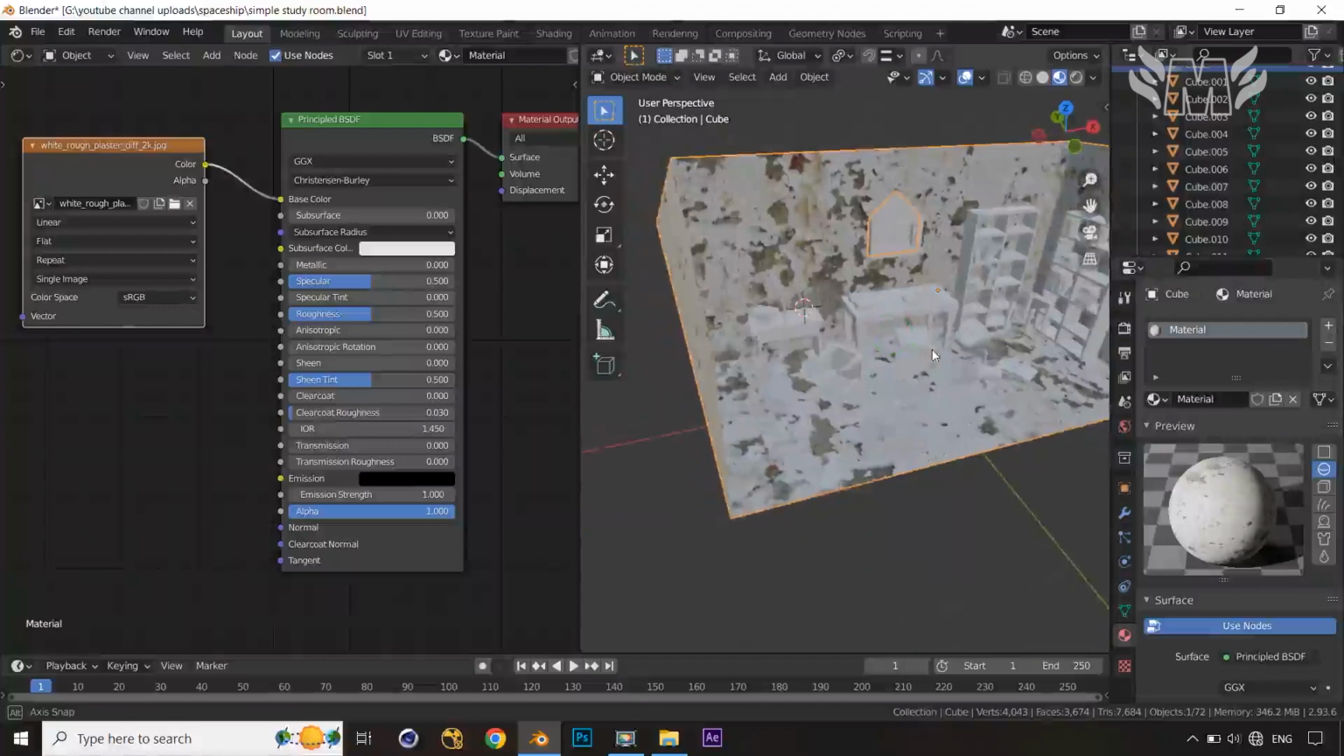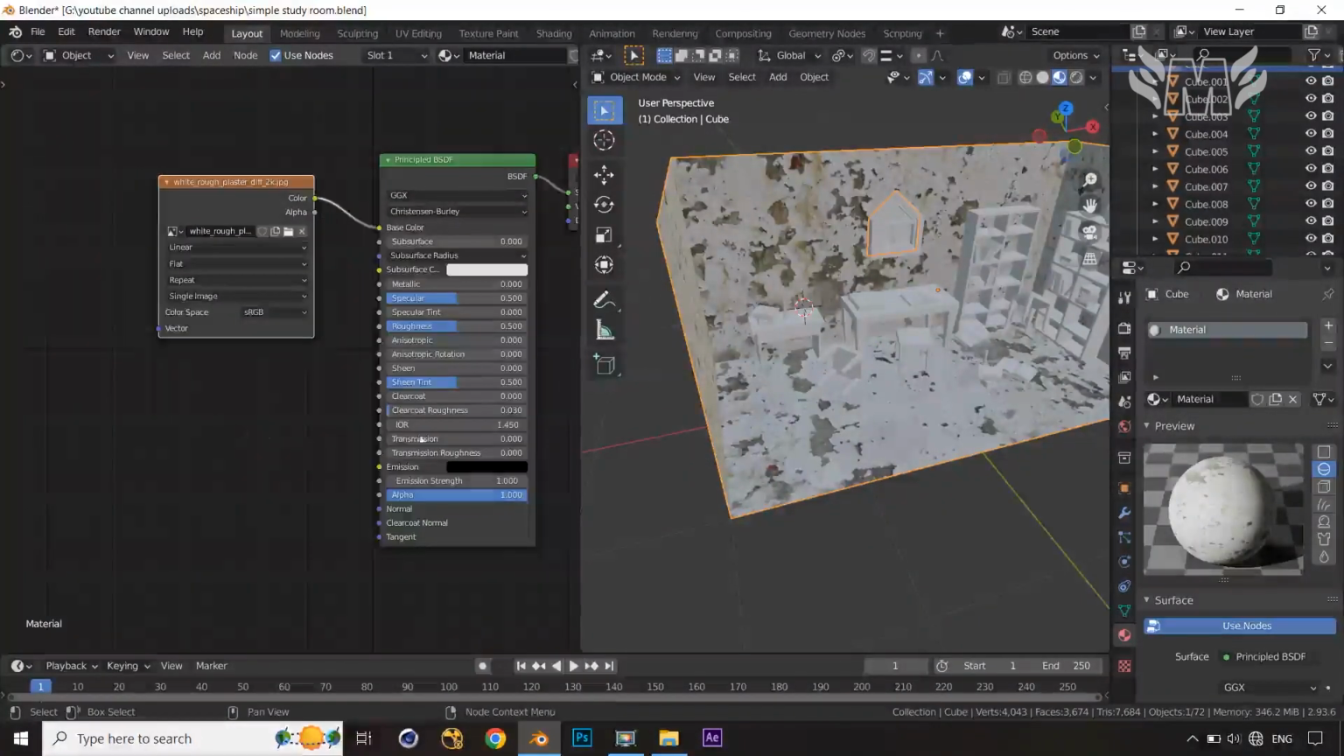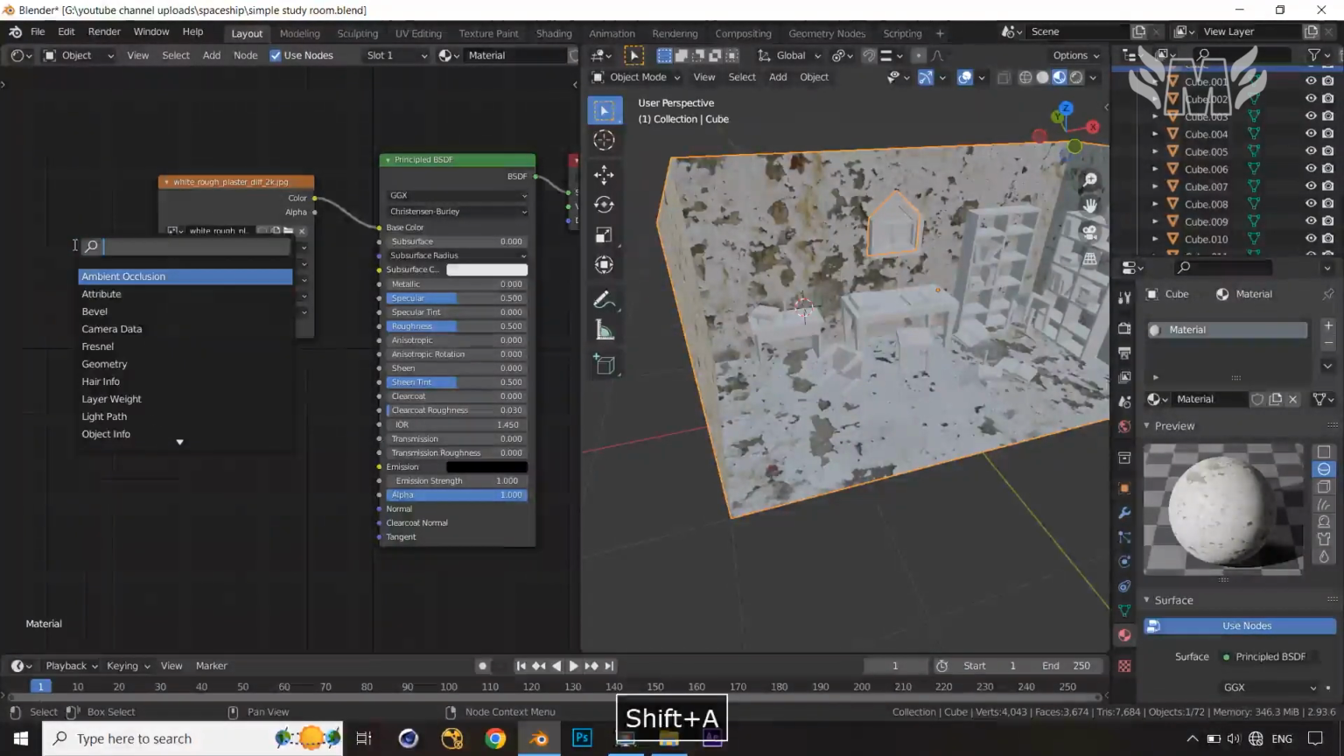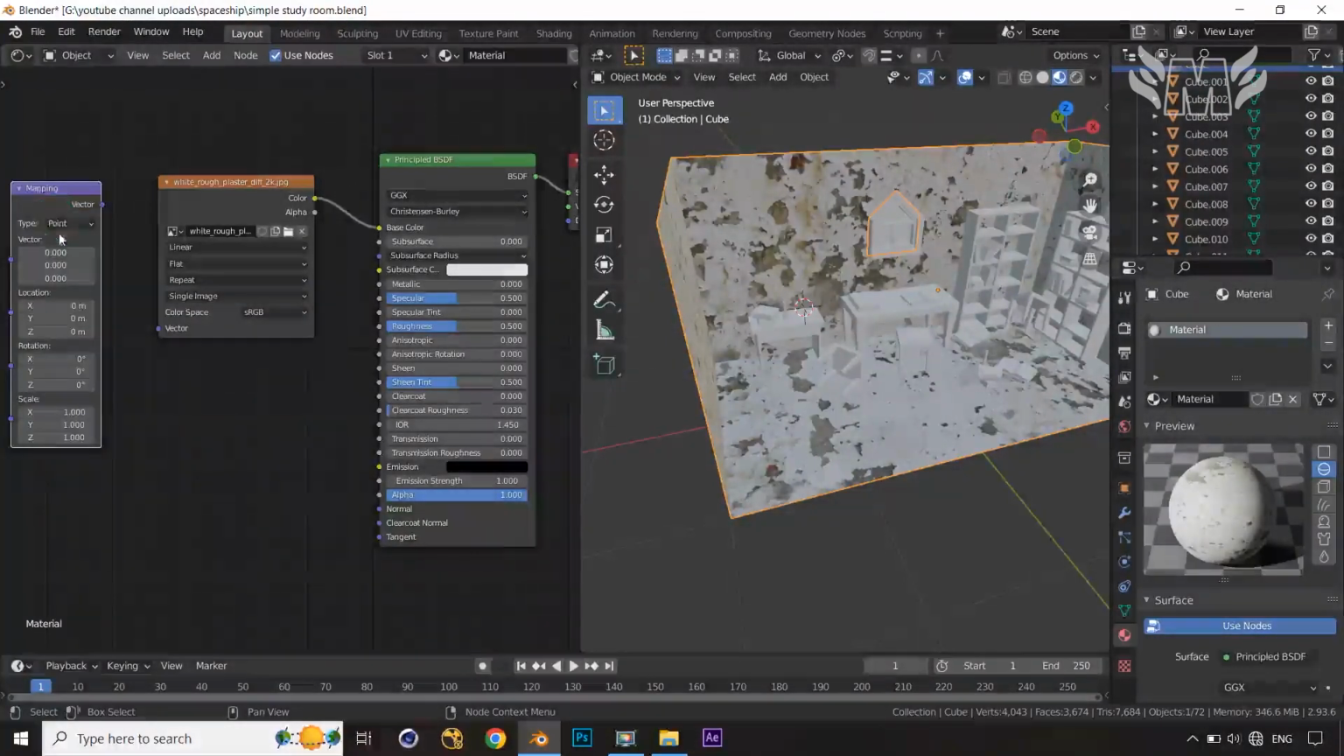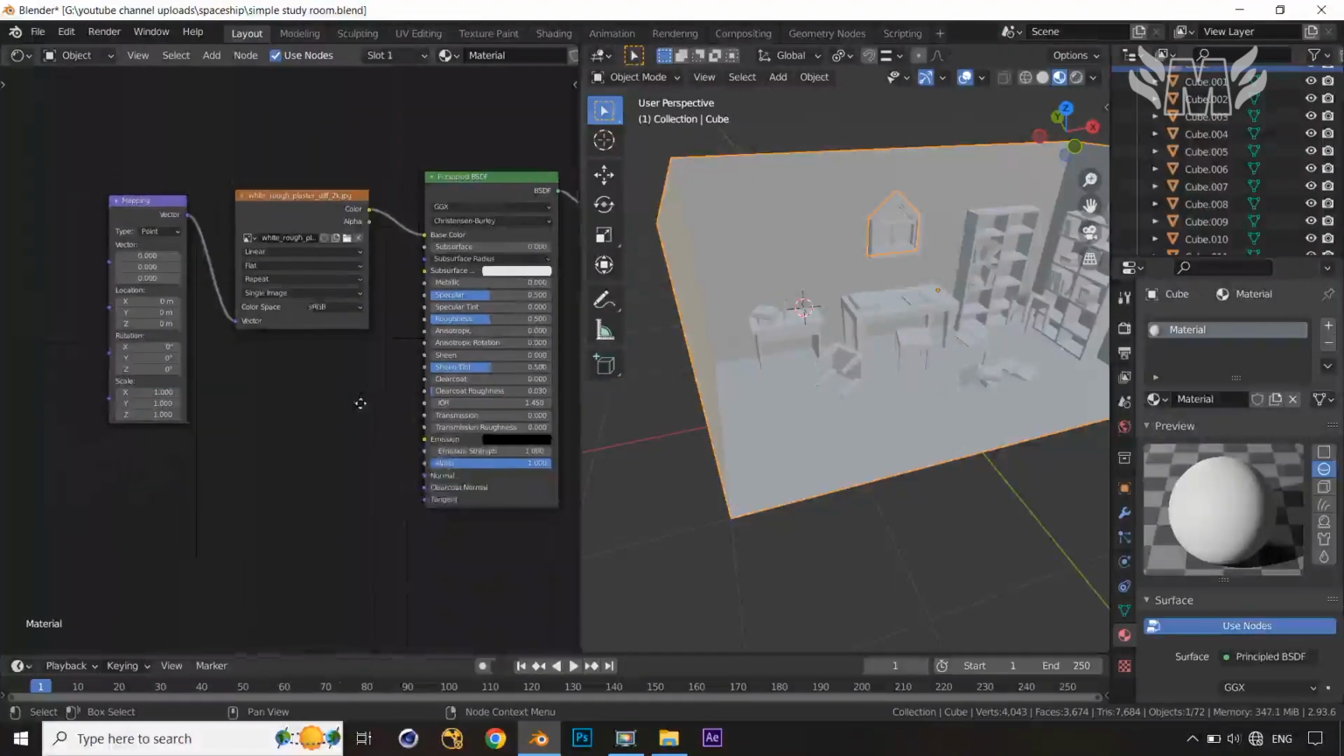Okay, now we want to apply the UV on this one. By default it's a cube, so it was a simple UV, so I'm not going to change that. But for that, I will press Shift A, search, and you can apply the node. This is a mapping node over here, so you can connect this mapping node to here. Okay, and then we need something which is called the